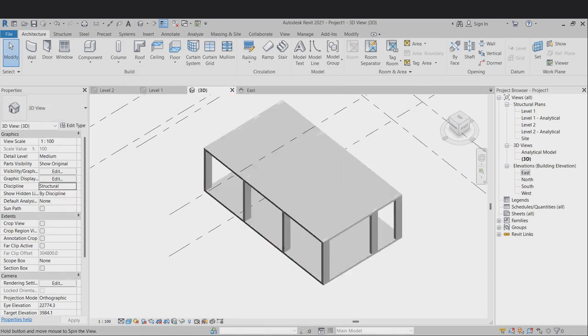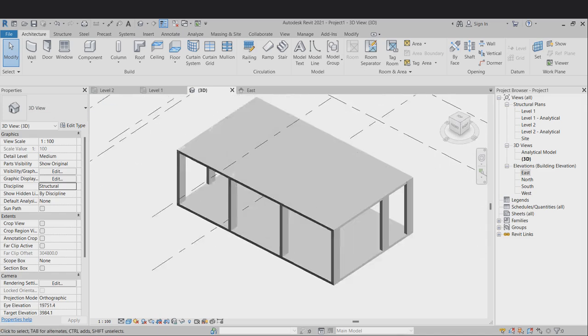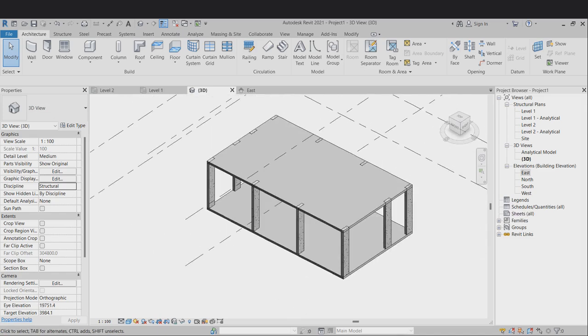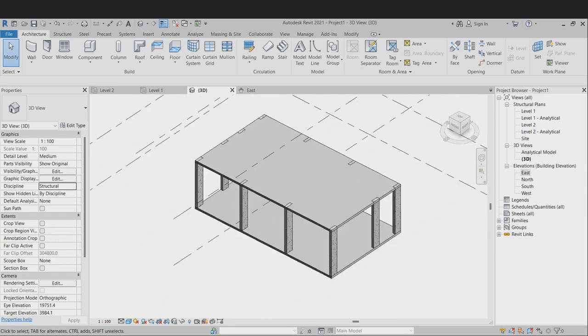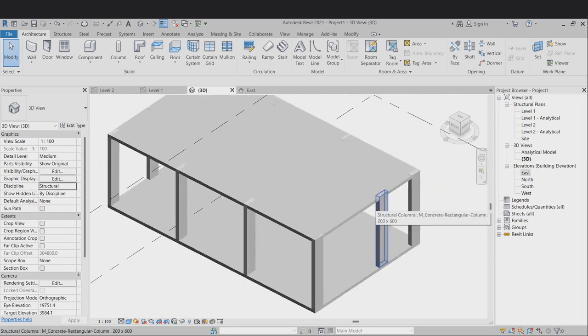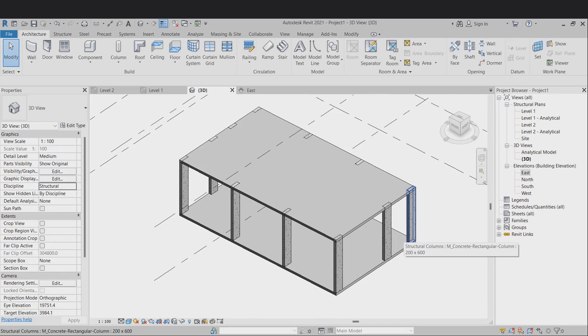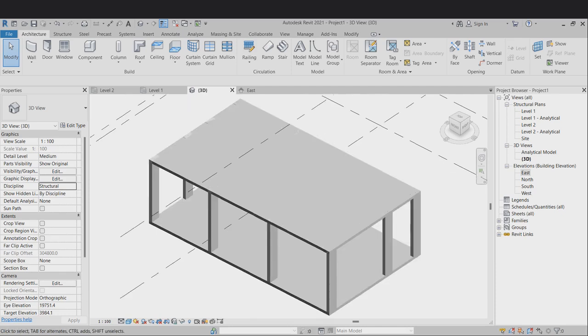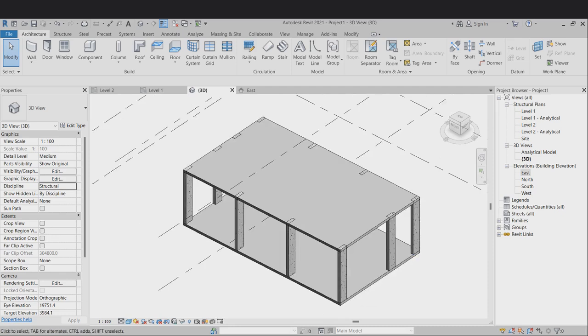So I hope you can understand how to create the architecture and structural drawing, and how we can link the drawing to place the columns or slab or anything. So first of all, you have to link the file. After that, you can